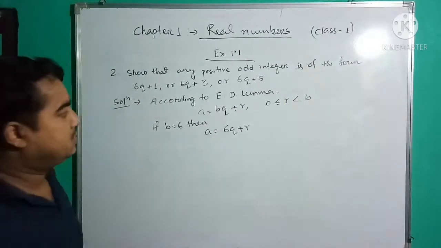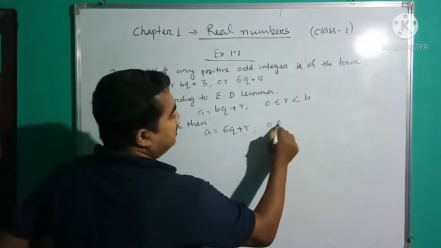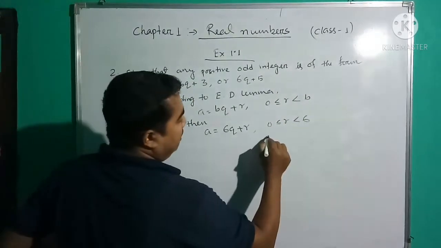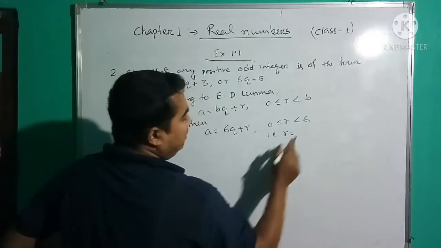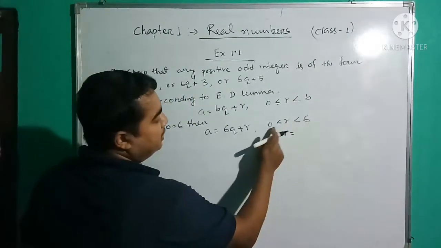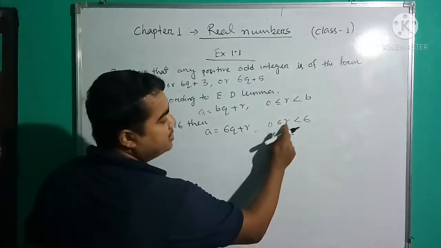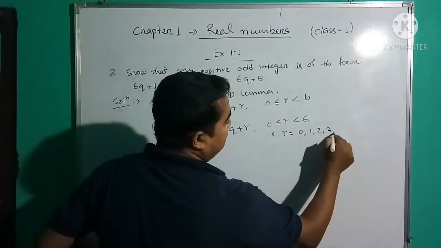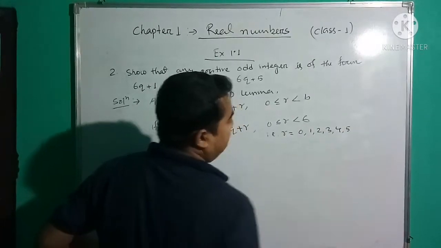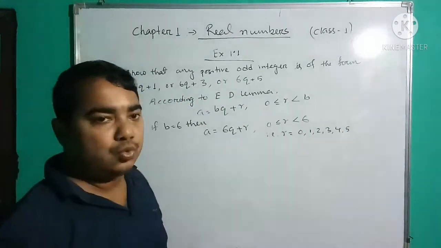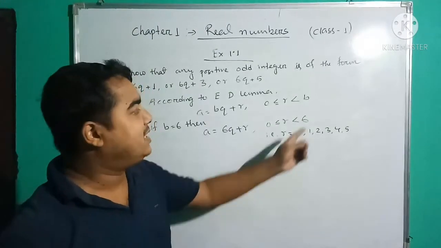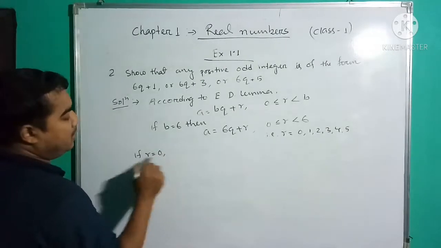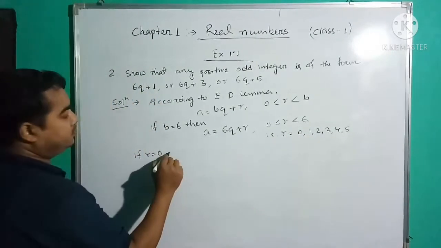B means 6. Then 0 is less than or equal to R, which is less than B, means 6. That means R values are greater than or equal to 0 but less than 6. That means 0, 1, 2, 3, 4, 5. Okay, 0, 1, 2, 3, 4 or 5, which means less than 6. Next, if remainder 0, keep 0, then